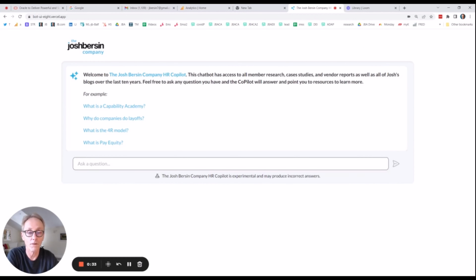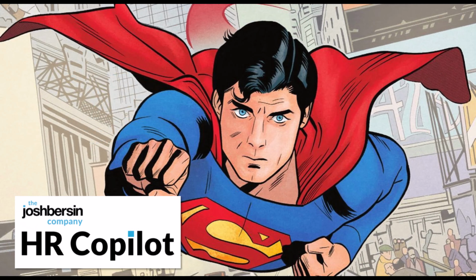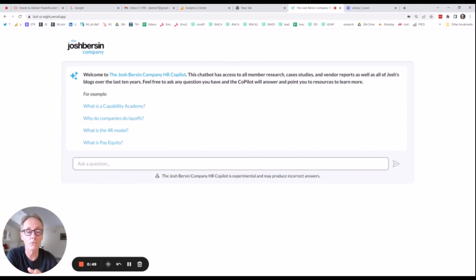It's all in there. And what this system is, it is a way for you to search and find any information you need from our research and more. It is essentially a co-pilot to help you through the complex process of creating solutions in HR. And let me give you just a quick step through that.